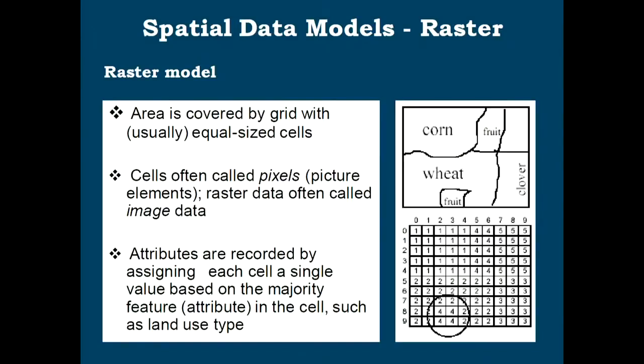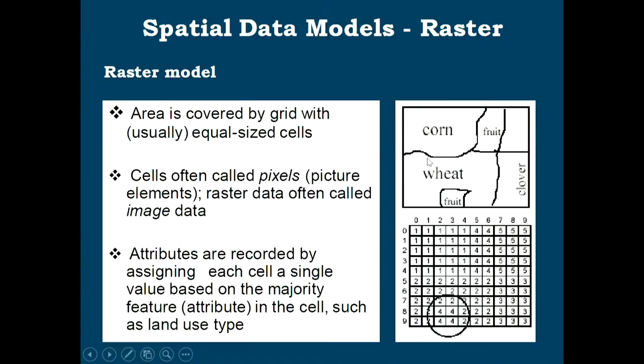The raster data model, first of all, is an area covered with a grid. In a very simple form, a photograph taken by a camera is raster data, or an image captured by a sensor is again a raster. Scanning also gives me a raster data set. This is the basic definition, but you have to understand what is at the core of it. Suppose I have taken one photograph of this particular place. I have given some names here: corn, fruit, wheat, or clover. But this is visually available to you.